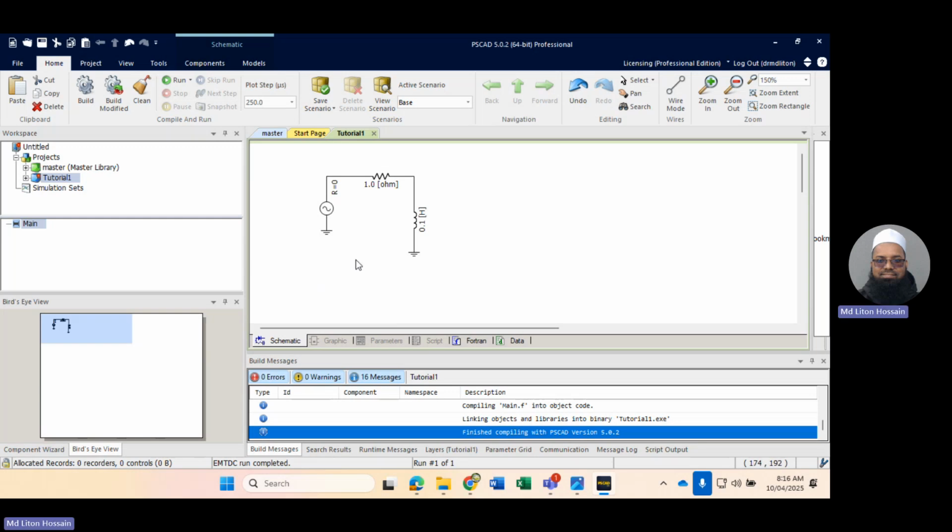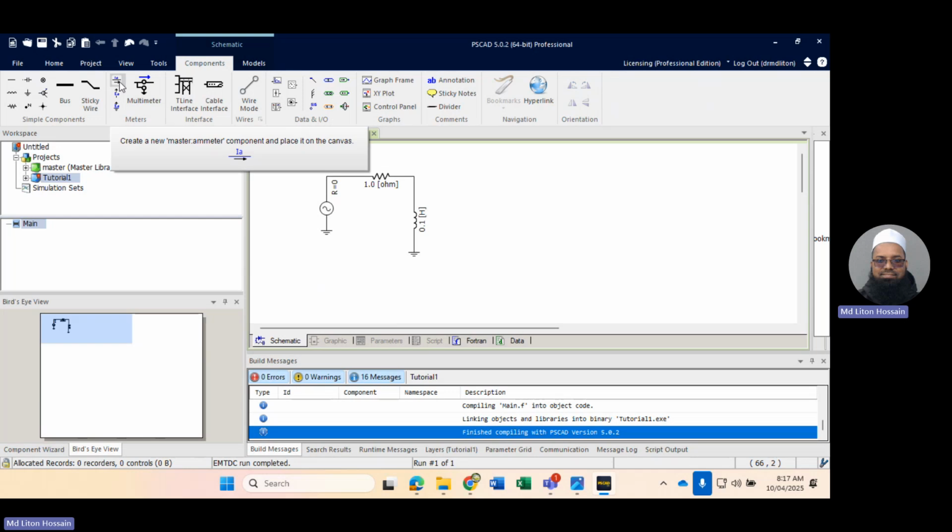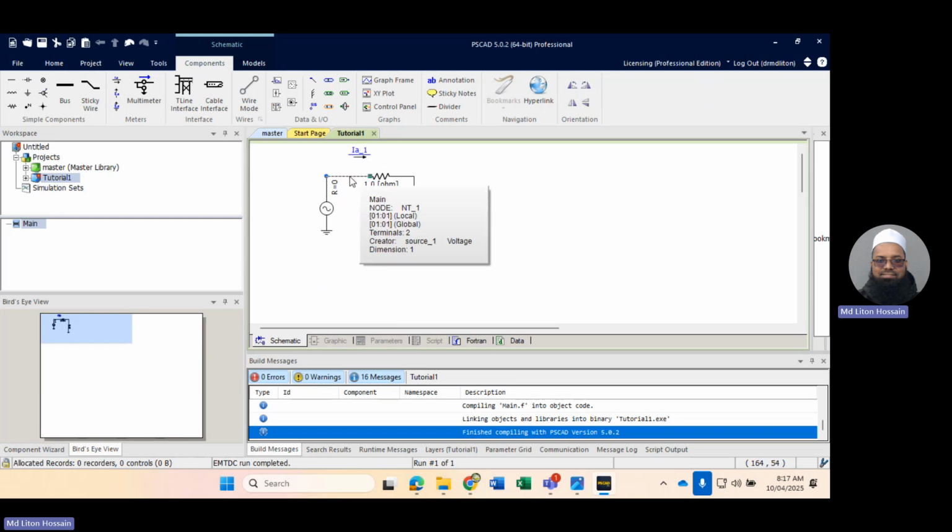So, okay, now you can't see any output here. So I'm going to see the currents as well as the voltage. For example, if you go to the components here again, and this is the emitter, if you place it here, it will be short circuited, so we should not place it this way. So we place it here, and after that we have to delete this part, delete it and put it here,